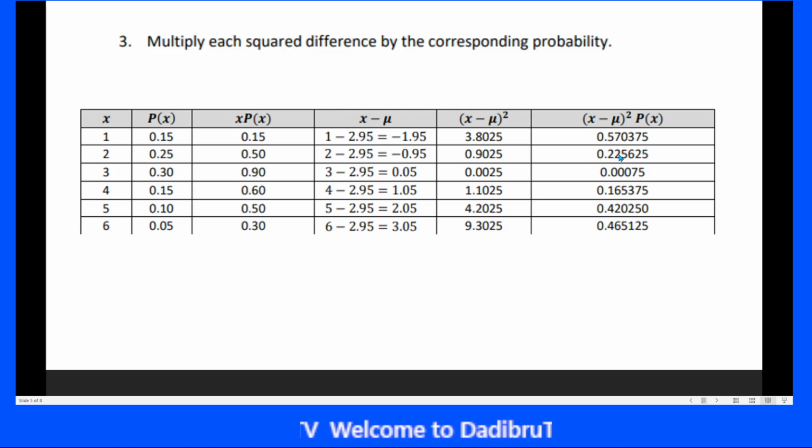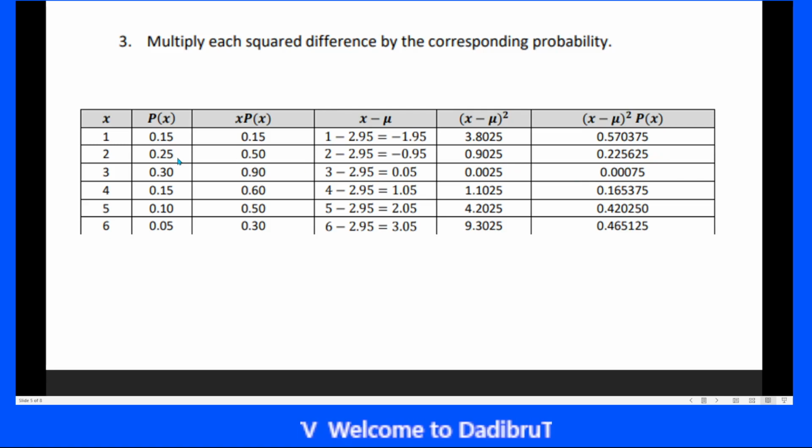For our 6 column, we want to get a product of p of x and the square of the difference of x minus the mean. Okay, so that is 0.15 times 3.8025 is equal to 0.570375. Next, 0.25 times 0.9025 is